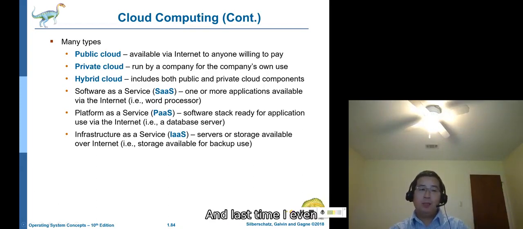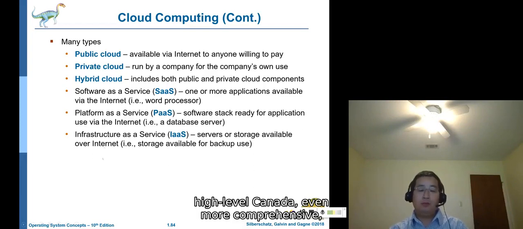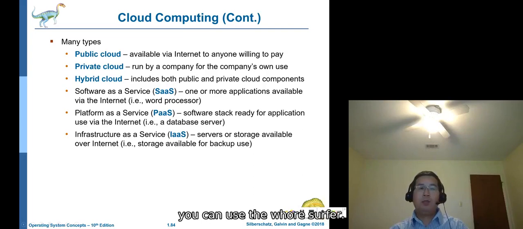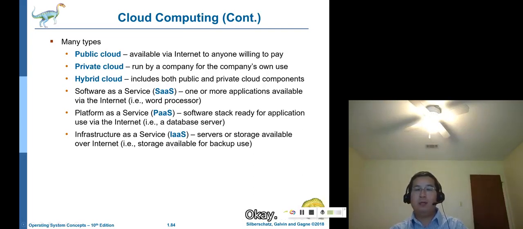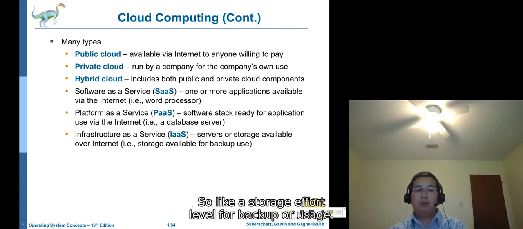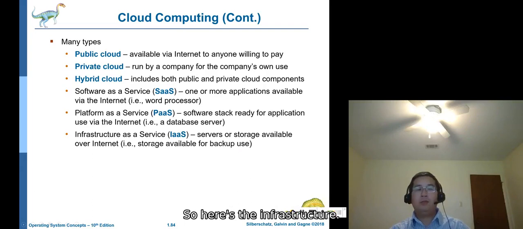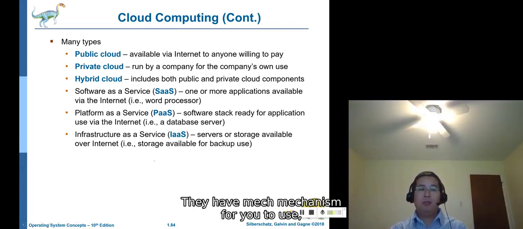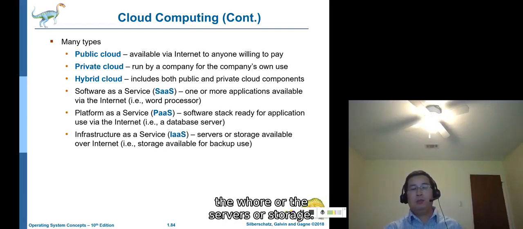And the last one is even higher level, even more comprehensive: infrastructure as a service. You can use the whole server. The servers or storage are available over the internet, like storage available for backup usage. So this is infrastructure. They maintain the mechanism for you to use the servers or storage.